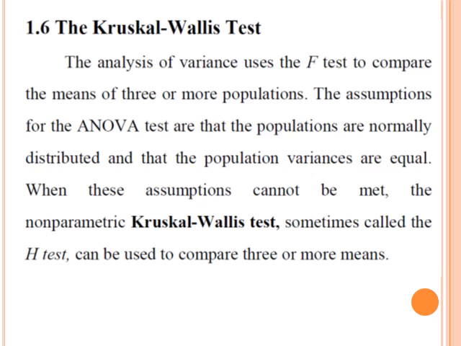When we have the analysis of variance, we use F-tests to compare the means of 3 or more populations, where the assumptions of the ANOVA table test are normally distributed data, so we use, of course, the F-test. But if it's not normally distributed and the assumptions can't be met, what can we do? In this case, we use the Kruskal-Wallis test. The Kruskal-Wallis test, sometimes called the H-test because we apply the H formula for it, can be used when we compare 3 or more means, instead of the F-test in the case of